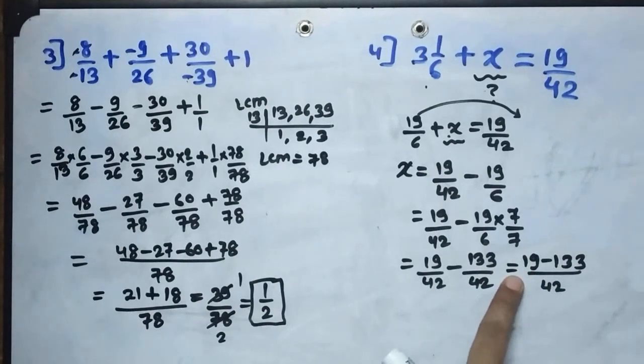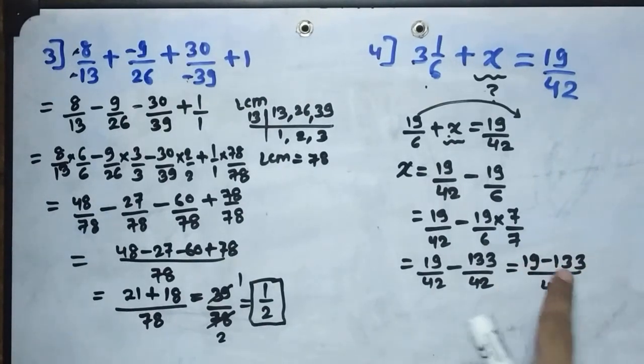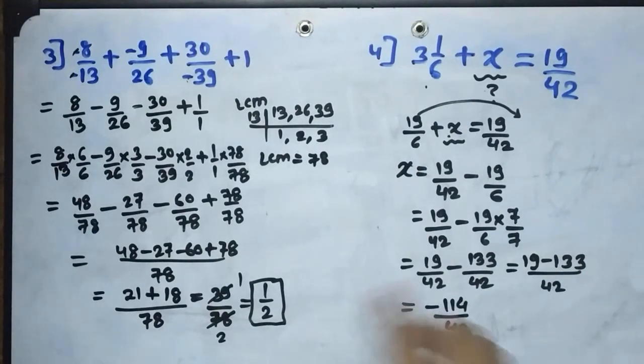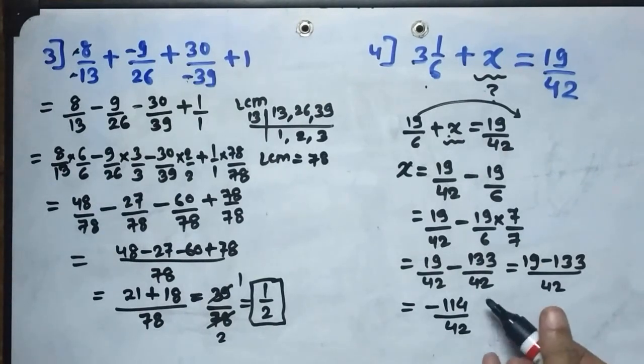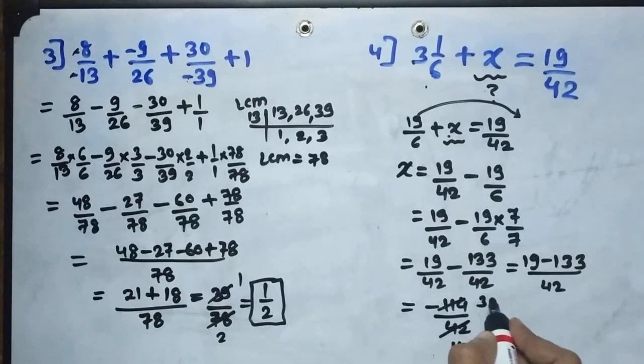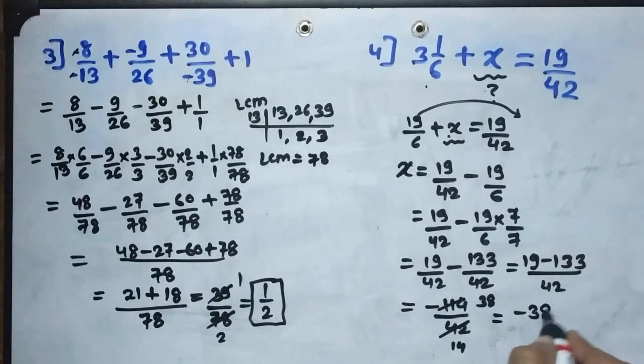So friends, here one positive integer, one negative integer is there. We'll perform a subtraction. After subtraction, we'll get negative 114 upon 42. So friends, here we get 114 divided by 42. We'll go with the table of 3 because of 3's divisibility. 4, 5, 6 addition, here 4 plus 2 is 6. So 3 ones are 3, 3 fours are 12. Again we can go for 3 threes are 9, and 3 eights are 24. Minus of 38 upon 14.